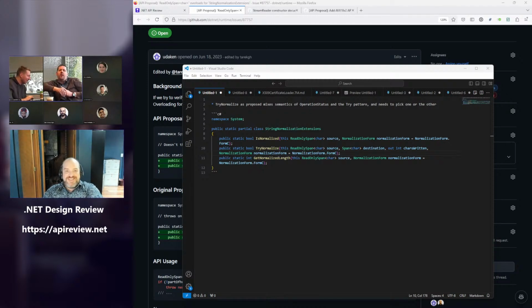Well, okay. So, let's say that there is a need for some reason to kick this out quickly. Are there patterns other than operation status and try that would allow returning a try state, saying it succeeded, it failed for reason A, or it failed for reason B? I mean, operation status is the closest thing. It is the closest thing, but operation status is intended for streaming API, as you said.